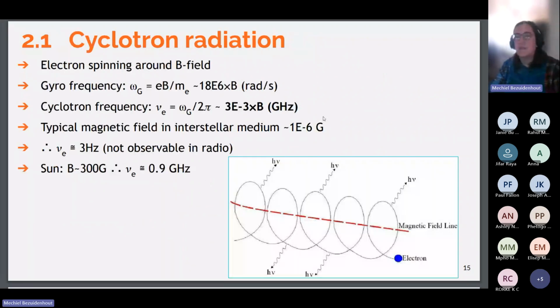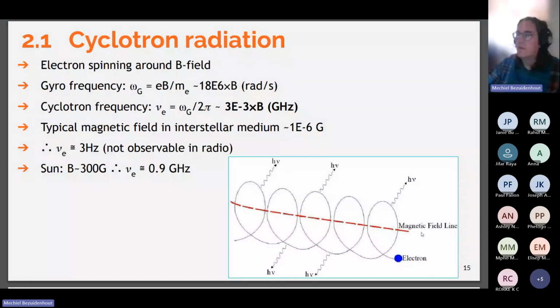So the first and most simple non-thermal emission mechanism is called cyclotron radiation. And that involves an electron spinning around a magnetic field line. So you have a magnetic field line, like in the picture here, and then an electron is rotating around that